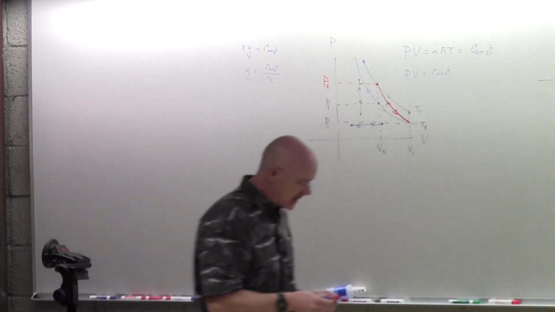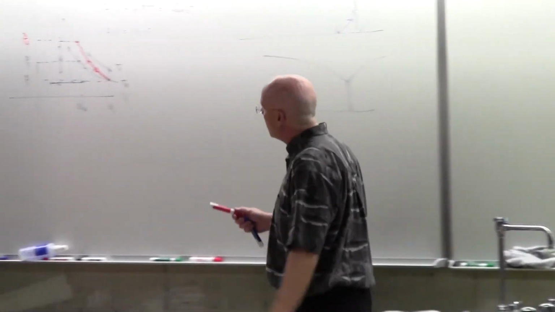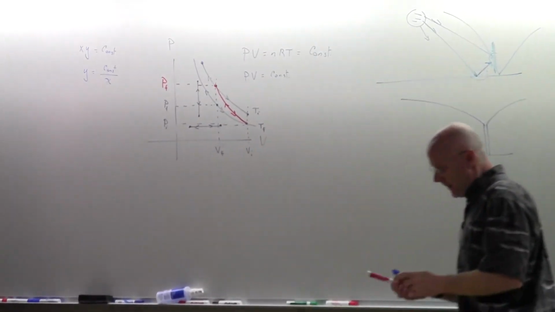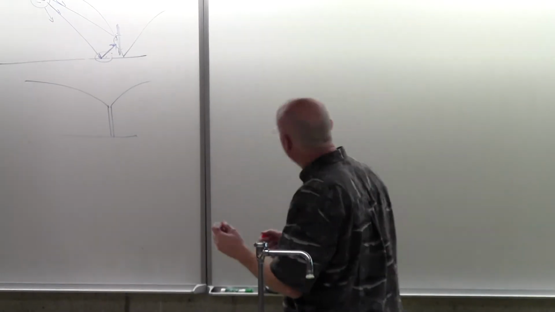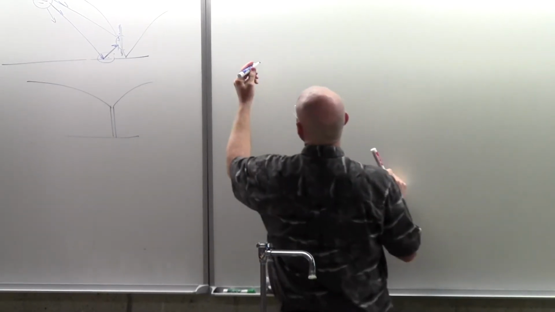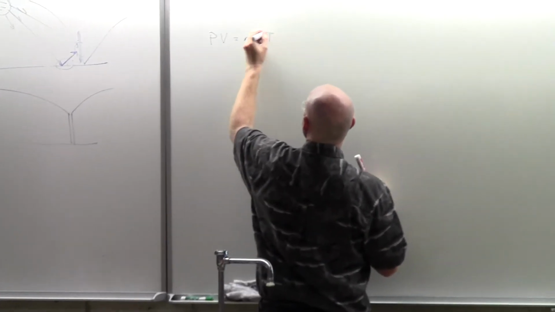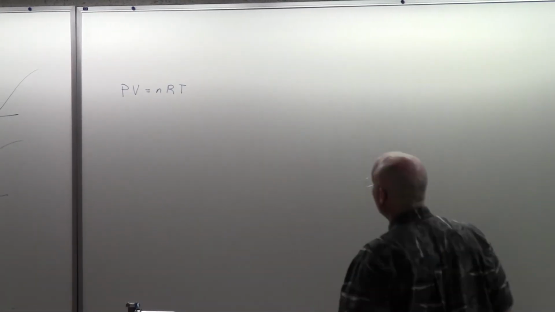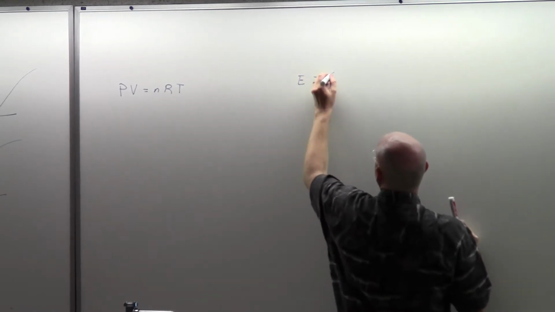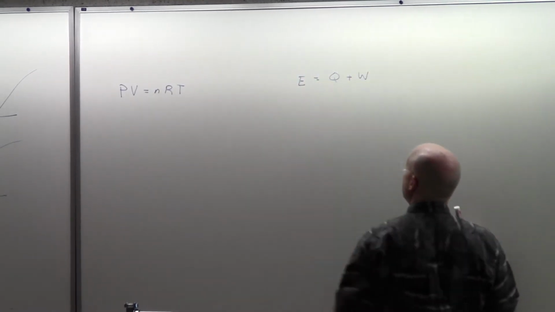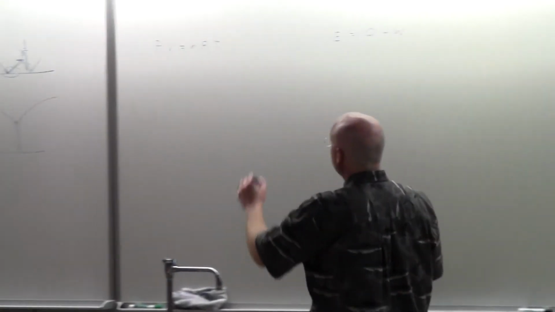All right, well, as I said, I was going to try and show you the whole equation here, so let's take a moment to say, what is the equation for the adiabatic process? What is the equation of this red line? And you can see it when you put the ideal gas law, PV equals nRT, together with the first law of thermodynamics. I'll start here with the ideal gas law,